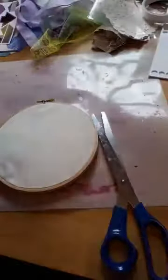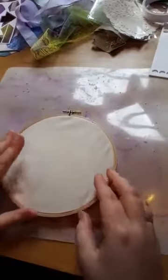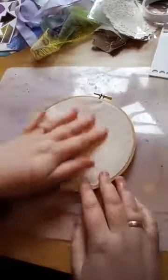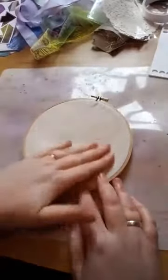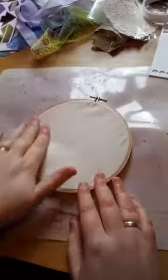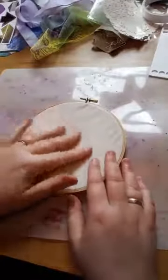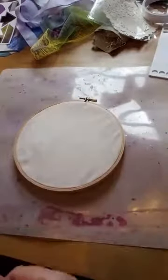Okay, so what you need to think about now is, are you going to go onto this fabric straight onto there, or are you going to pop paper? If you're going to pop paper, that's absolutely fine. If you're going to be, say, stenciling, painting, etc. on here,